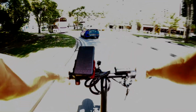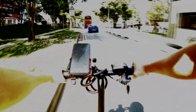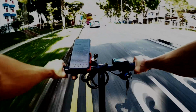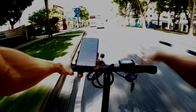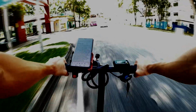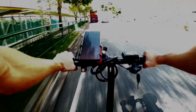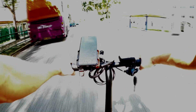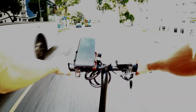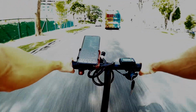Anyway, one of many reasons why I choose to review Chirrey Y1 Plus is because it's one of the more underrated compact e-bikes for food delivery. Honestly speaking, I'll be honest with you, probably after this video I may not be utilizing this e-bike anytime soon because I like big wheels e-bikes. But I know for a fact that there are riders that will prefer smaller e-bikes